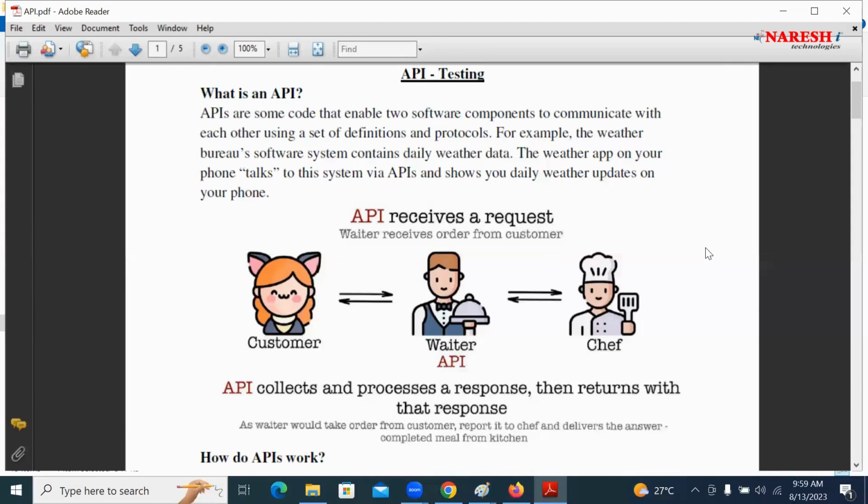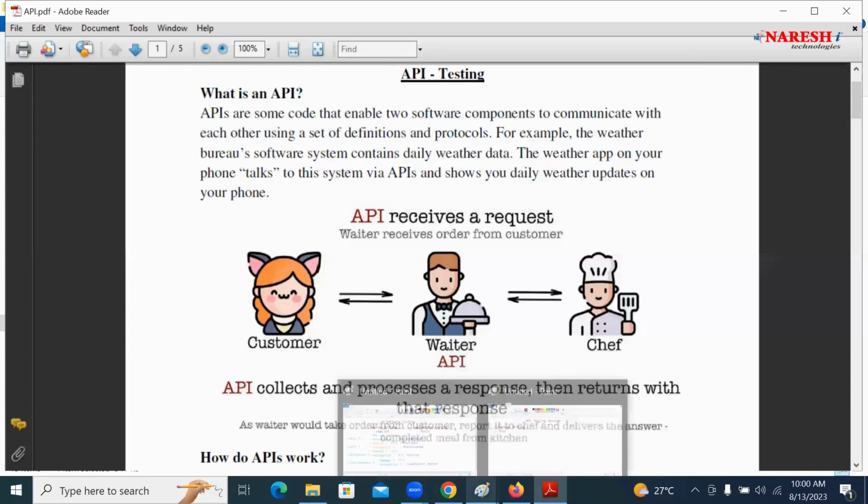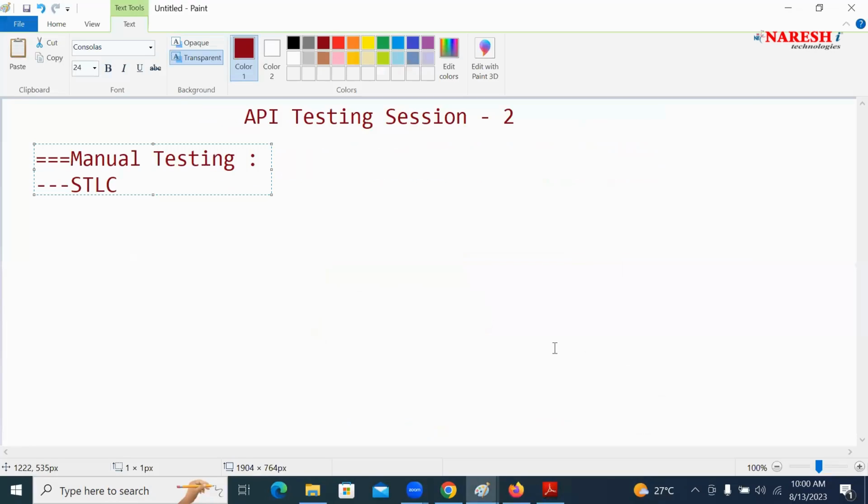The main concept of API is sending the request to the server and getting the response from the server. As part of API testing,